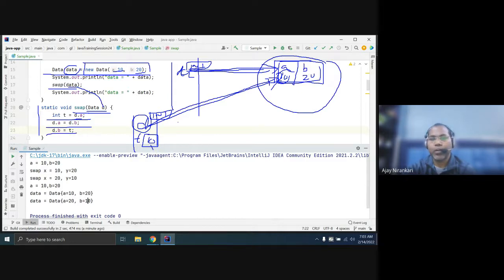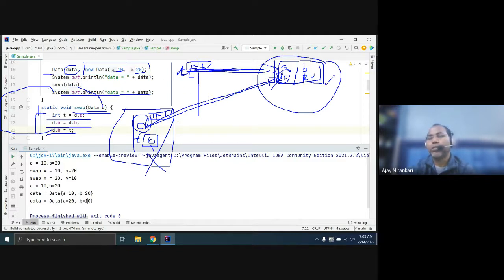Temp is 10. Now your method is complete and this stack frame is destroyed. Control goes back to the main method, where you print data again. Data has now changed, so in this case your values are swapped, right? So this is the major difference between passing a primitive value and passing an object.